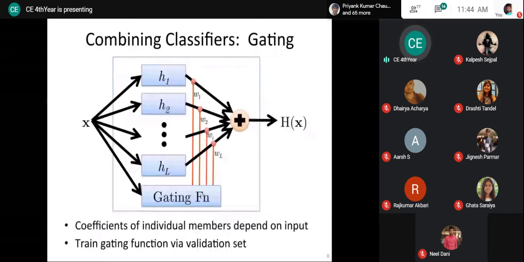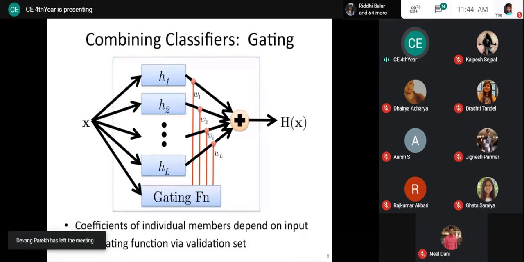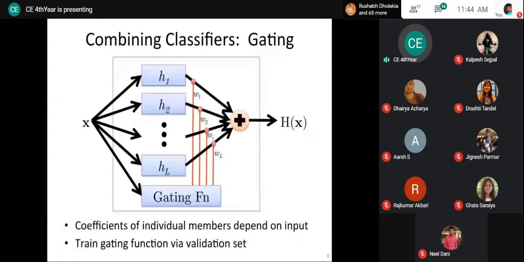The next, the third model, is with the use of a gate, the gate mechanism, or you can say the gating feature. So now we'll have one more function. We'll refer to that function as a gating function. It behaves like a gate. So now this W1, W2, W3 up to WL, the value of that weight depends on this gate function. And once again, we'll train this gate on the validation set,